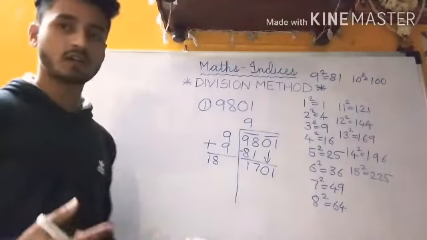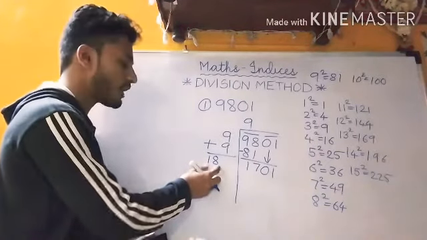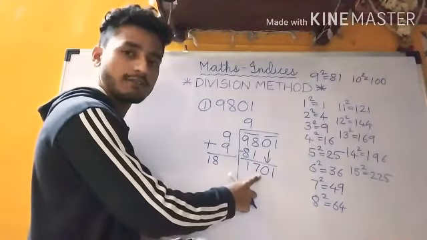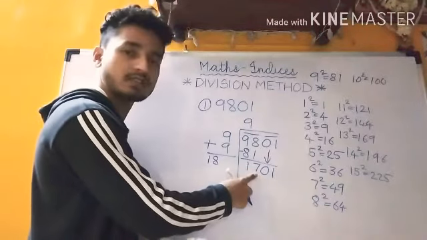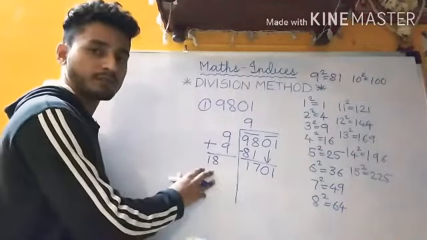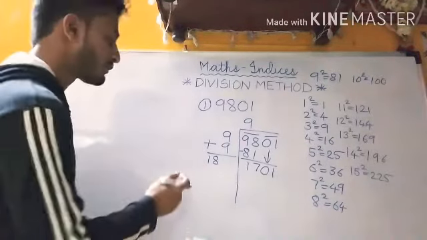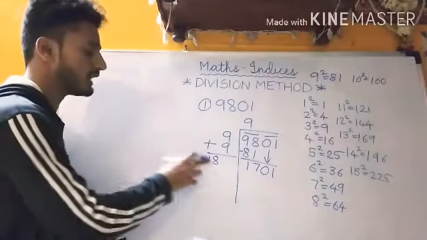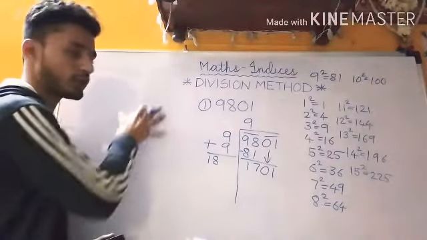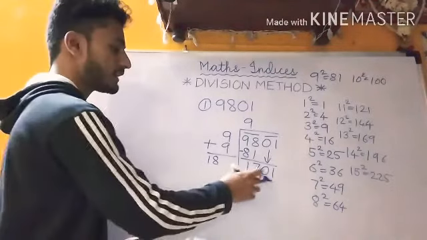Now the next step we are going to do is that with the help of this number we are going to find an answer which is either equal to 1701 or a smaller number than this. So how to find? We have to try out various possibilities. What we will do is take this number in the rough column, make a rough column, and you will use this number to find the answer.